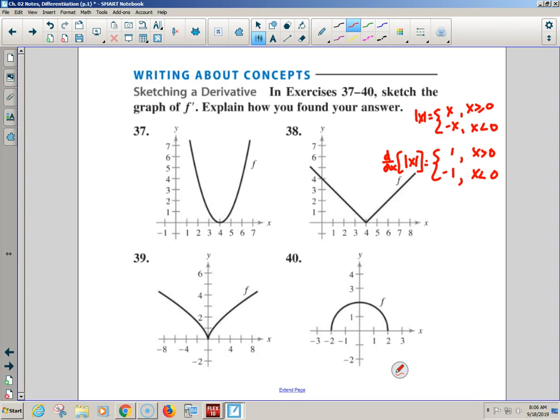Are they agreeing on either side? 0.00001, negative 0.00001. Are they coming together? No. But here's the deal: how do you graph the derivative? Don't you just graph y equals negative 1 up to 0, and then y equals 1 after 0? Y equals 1 is a constant function for all positive x's. Y equals negative 1 is a constant function for all negative x's. And from our basic graphs, what does a constant function look like? Do you see now how it's broken at 0, and why the derivative does not exist?